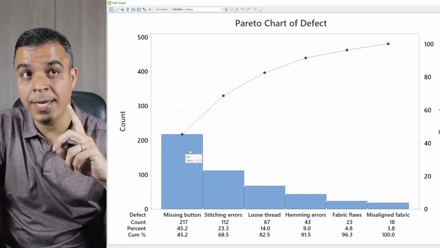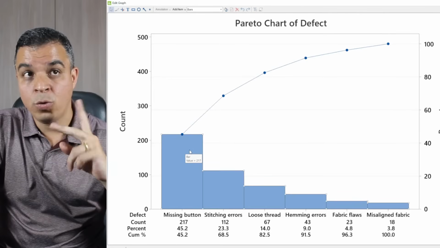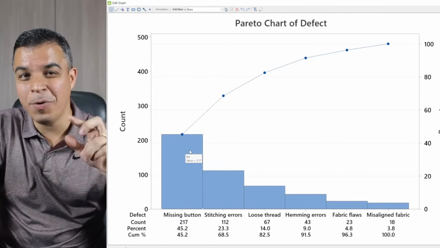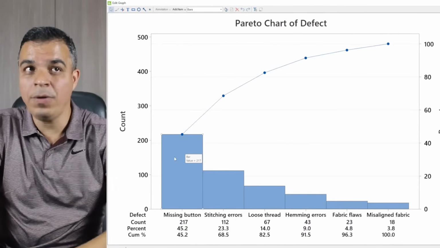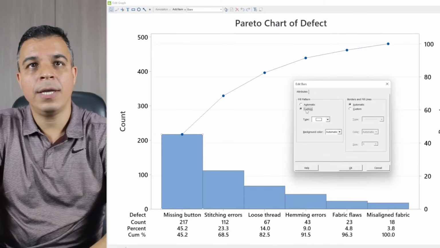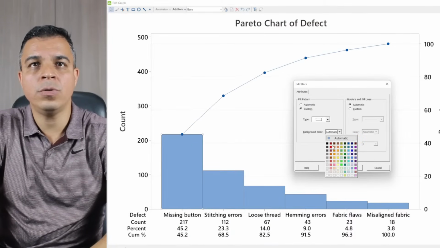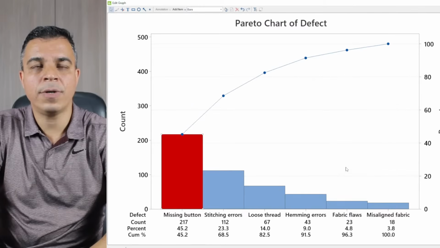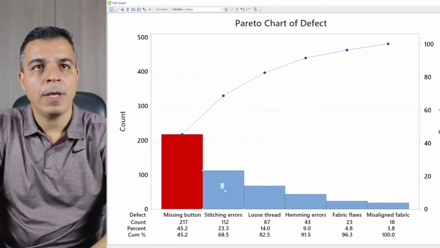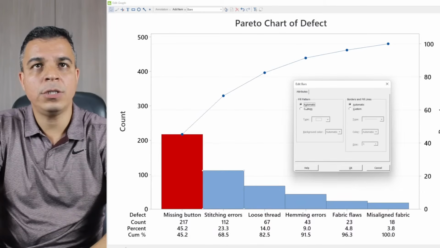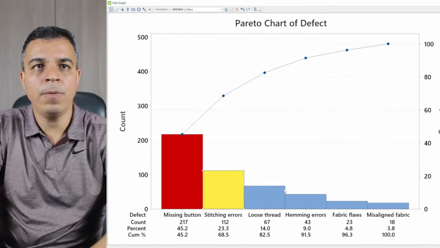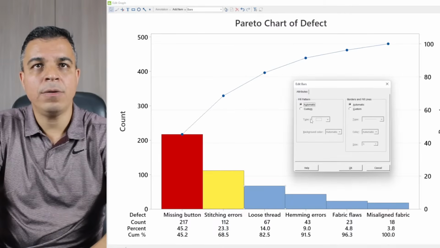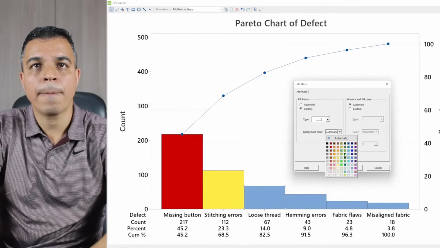If you click twice, but it's not a double click, then you select just one, and now you double click, and then you can, for example, change to, I don't know, red, and then you can change this second one to yellow, for example, and then you can change this one for,